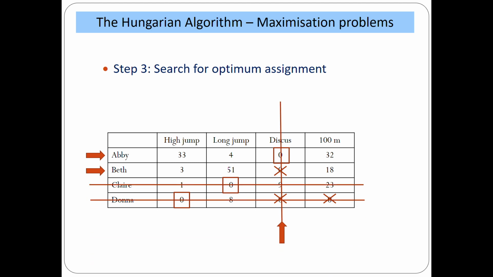After drawing the lines, we have to choose the minimum element, or the least element, among the uncovered elements. So least element is 3. So we have 6 uncovered elements, that is, no line crossing element. So among these, 3 is the least one. By taking this 3, wherever there is an intersection, so we have 2 intersections, we have to add this element. And wherever there are no line crossing elements, we have 6 such elements, we have to subtract that, and there is no change in all other elements.